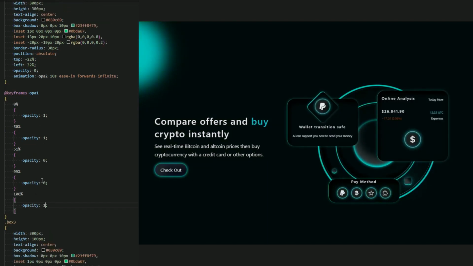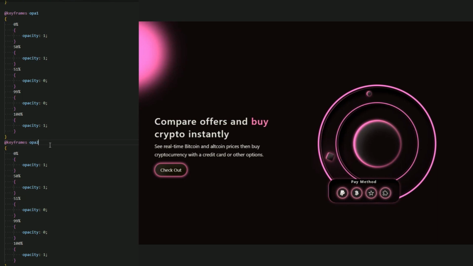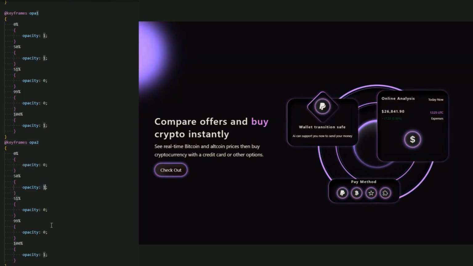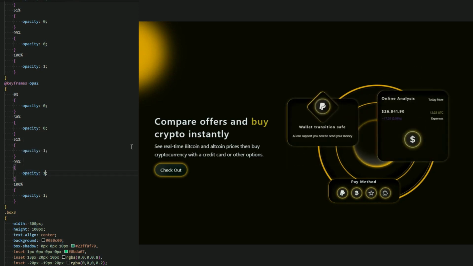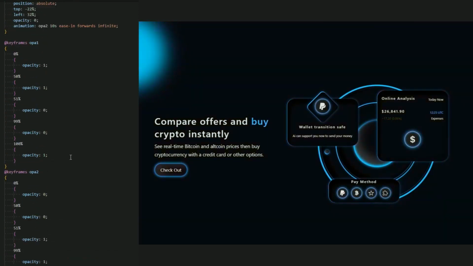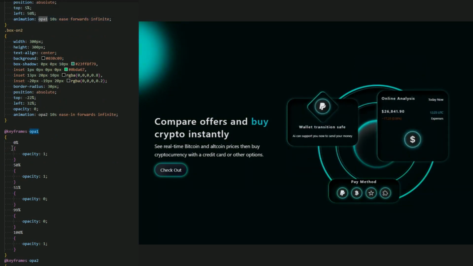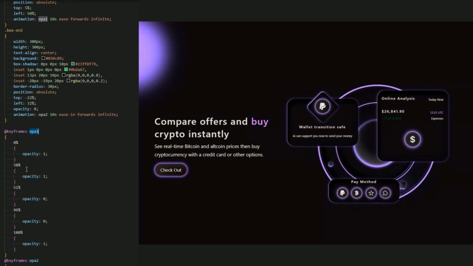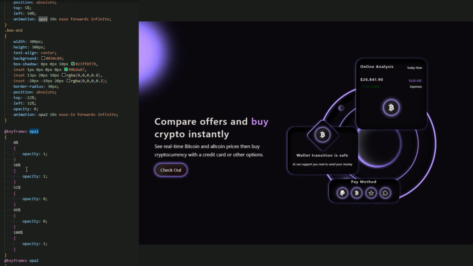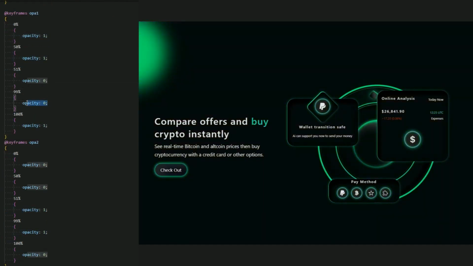Let me explain how this happens, but before that, let me add it for OPA2, the same animation, with 0 for the box that has opacity 0. When I reach 51%, opacity is 1, and at 99% opacity is 1, and at 0% it is 0. So what happens is that box 1 has opacity 1 as a default. At 0% we have opacity 1, and at 50% we still have opacity 1, but when I reach 51%, I want the opacity to be 0 to hide this box and enable box 2, which at 51% has opacity 1. And still at 99%, I want this opacity to be 0 and the other opacity 1.